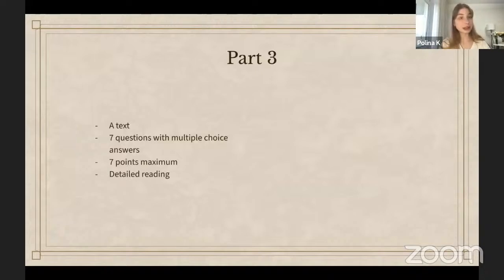So it checks our ability not only to understand the general idea in the text, but also to figure out some details there. And what perhaps makes this task quite complicated is the fact that in our questions, we will not see the same words as those in the text itself. Most likely, there will be just some synonyms, some words with similar meanings, or maybe expressions that mean the same, yeah? And at times, we have to be really, really careful in order to understand the information in order to give the answer to the question correctly. So let us move on forward.